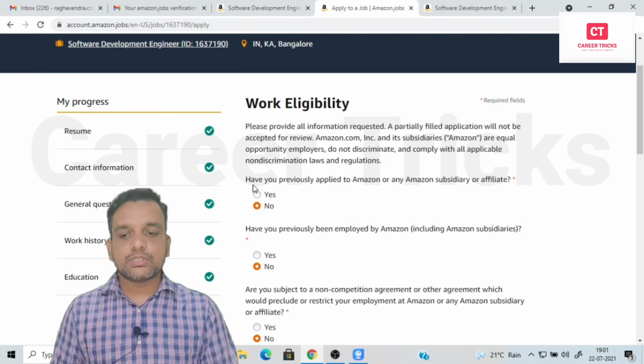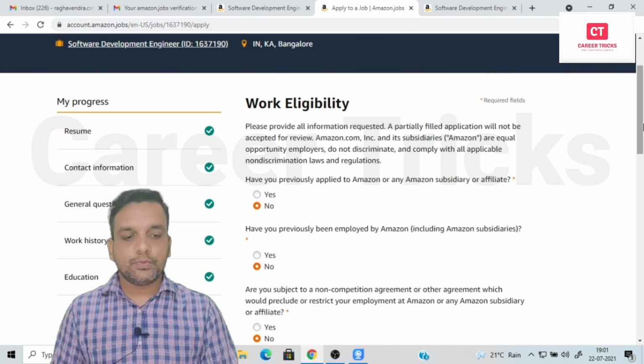Then we are going with the work eligibility. The first question they are asking about work eligibility is, have you previously applied to Amazon or any Amazon subsidiary or affiliate? You have to say yes or no. For students, they have not applied, so you say no. Have you previously been employed by Amazon?